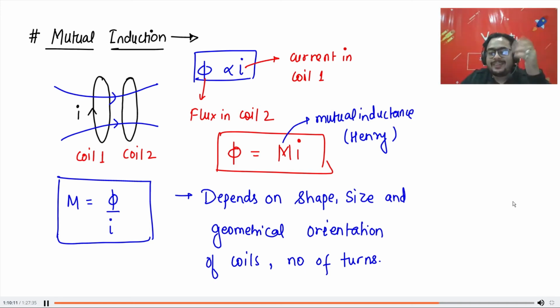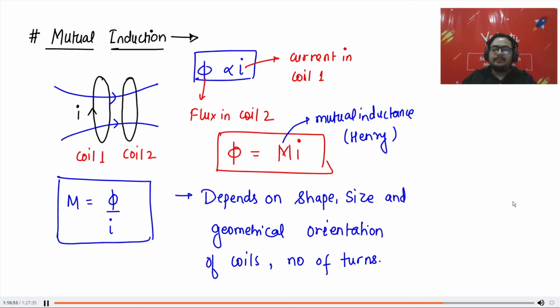Okay. Any doubts in mutual inductance? Any doubts in mutual inductance? Yes, I was thinking the same thing. No, it's not his fault. It was the timing actually. His timing was so good. Obviously, he did not know that we've been studying the whole time the same thing. Okay.